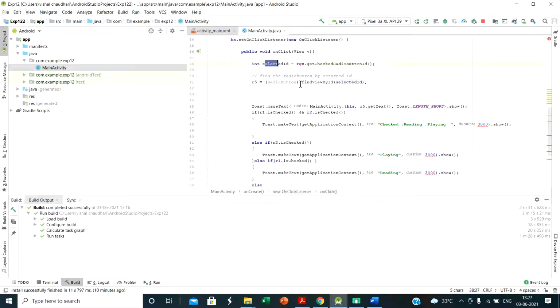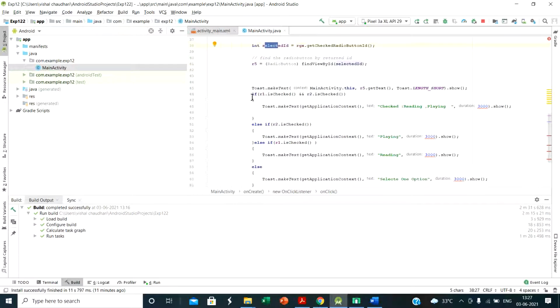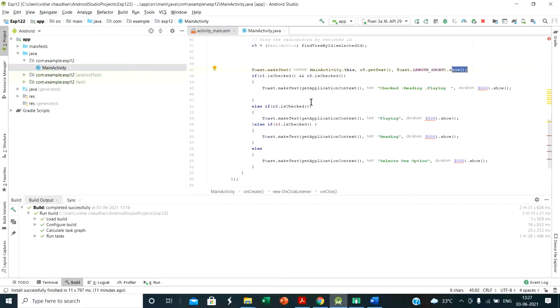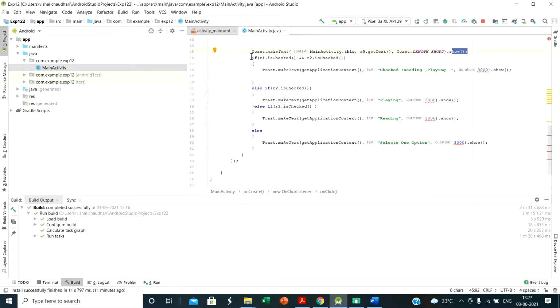So this integer we pass in R5. Okay, then here we define Toast.makeText, a method used to display the text in a toast. Then we define the parameters and the show method is used to display the toast. Then we use the if condition.